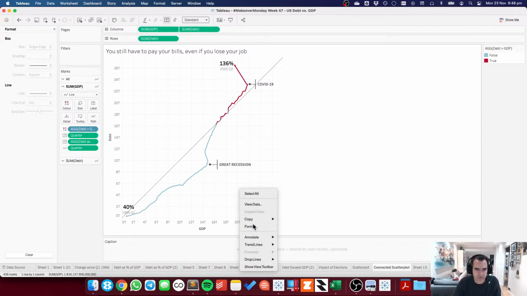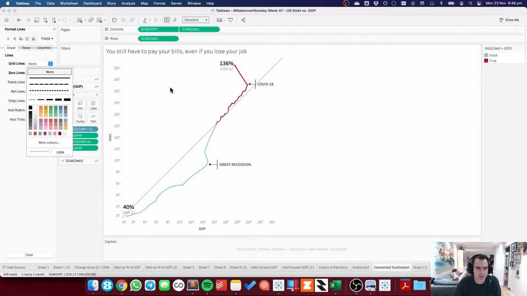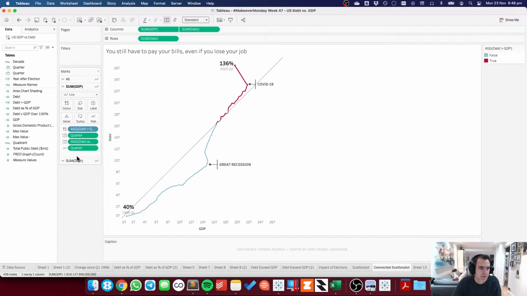So let me also format this. I think I can probably get rid of the grid lines. Let's see. Yeah, I think what I'll also do is put the debt and the GDP onto the label as well. Will that work? No, that's okay.